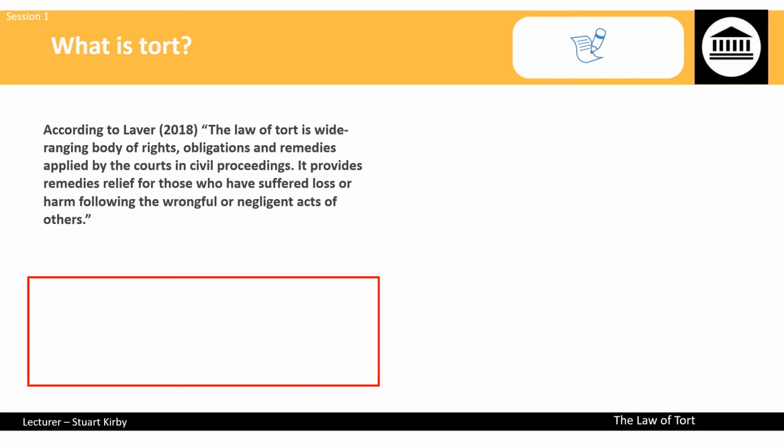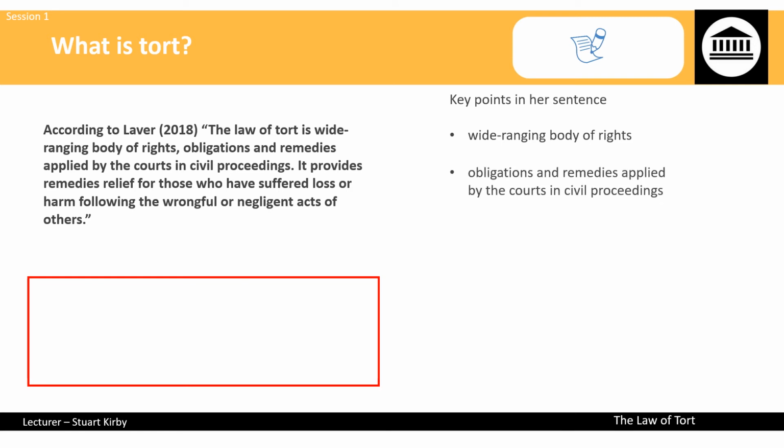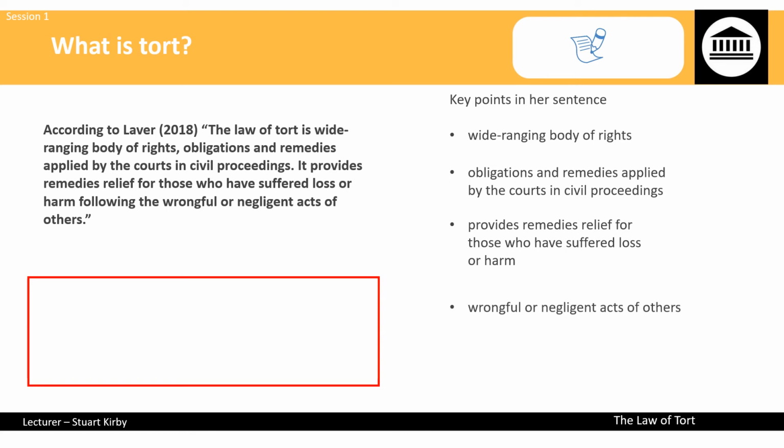So you've either got to reference it correctly, like I've done there, or you've got to reword it, like we're about to do now. And the way to do that is very simple. You pull out the key words. The key points here are a wide-ranging body of rights, obligations and remedies applied by the courts in civil proceedings, provides remedies and relief for those who suffered harm or loss, and talks about wrongful or negligent acts of others. So I've now taken out 1, 2, 3, 4 points from